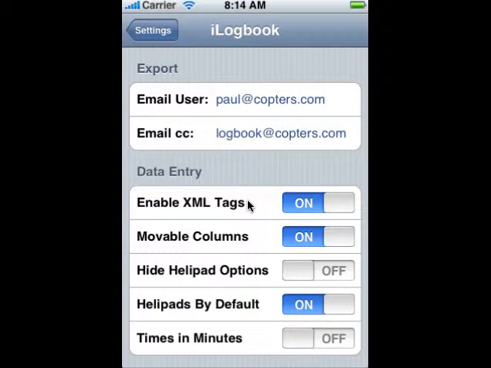The first is if you're exporting to a program like Excel, you could turn this off. But if you're going to export to a program that's going to use an XML data format, then this allows you to enter additional tags in the configuration data to help the program doing the XML parsing to understand your